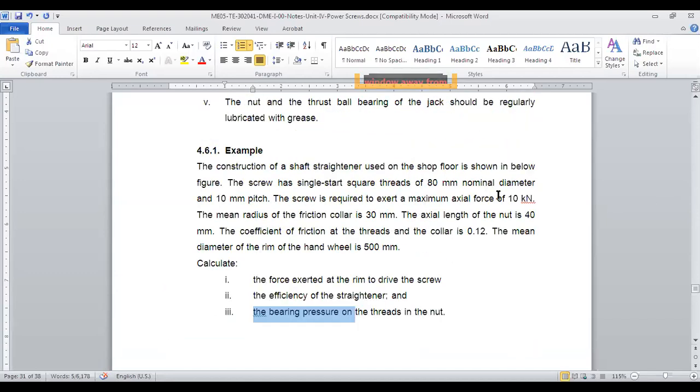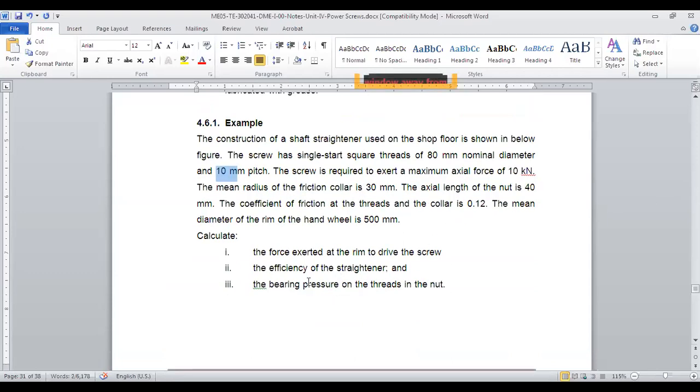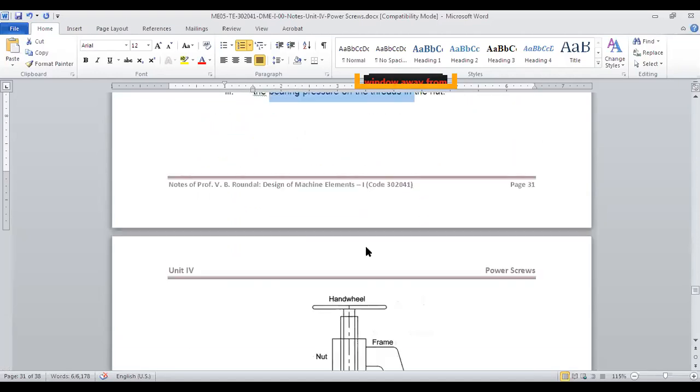Now, how is this length significant? With the length of the nut being 40 mm, we'll get how many threads there are. If the pitch is 10, then with this we can get the number of threads. So that will be useful here. We'll find the area having the bearing load, pi by 4 into d square minus dc square into z, and that will be the total area taking the bearing pressure. Okay, so this is how we'll attack the problem.